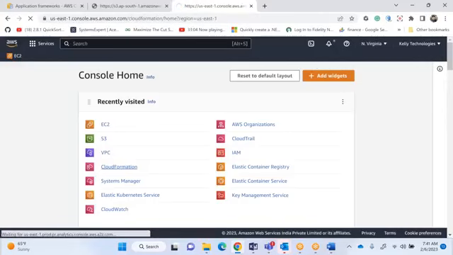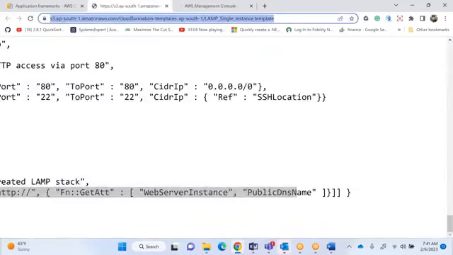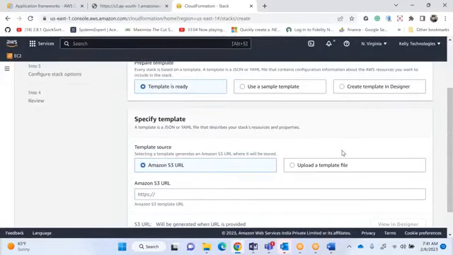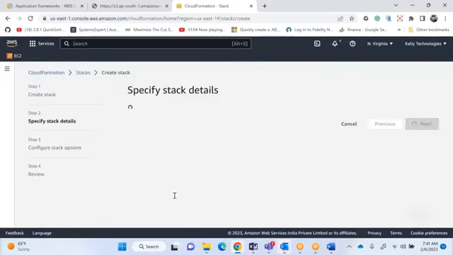This time it is already present in the S3 link. You see at the top, AWS has already kept it in S3. So create a stack, and this time you can mention the template is ready. Where is the template? The S3 URL, paste it. That's it. Paste it, click on next.